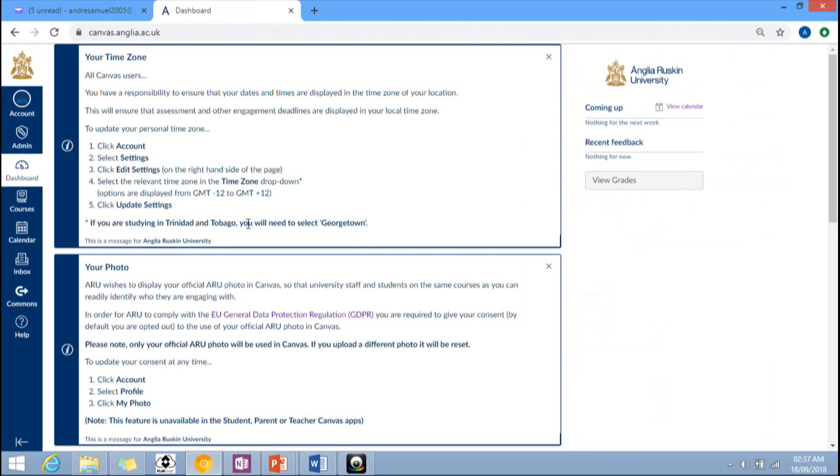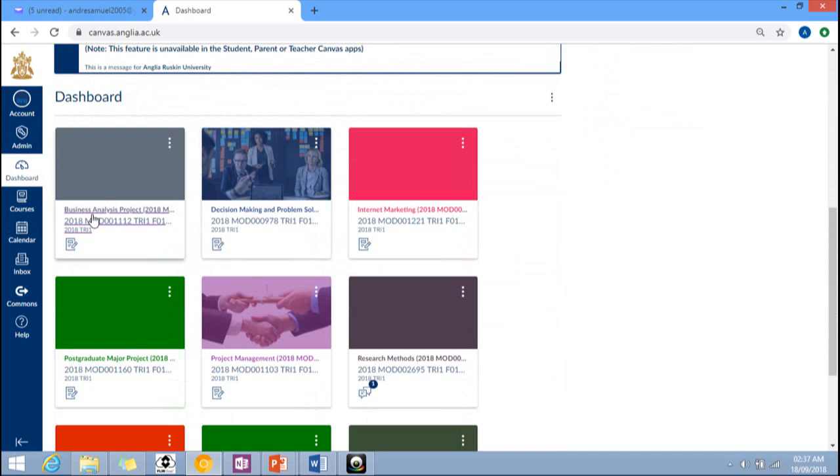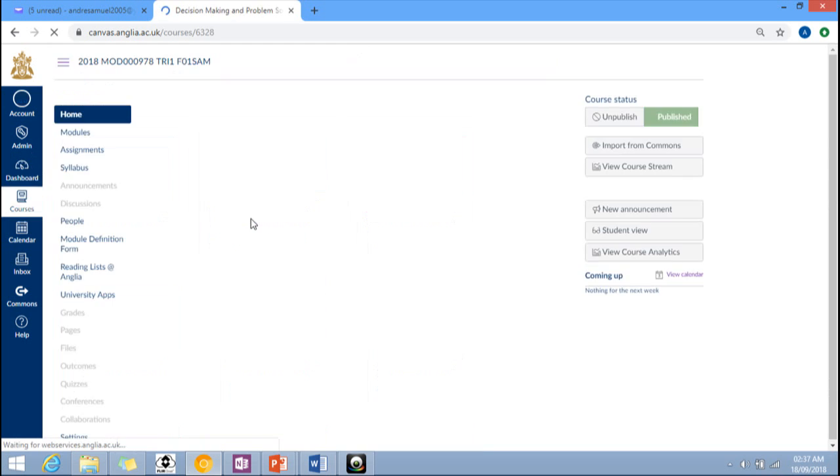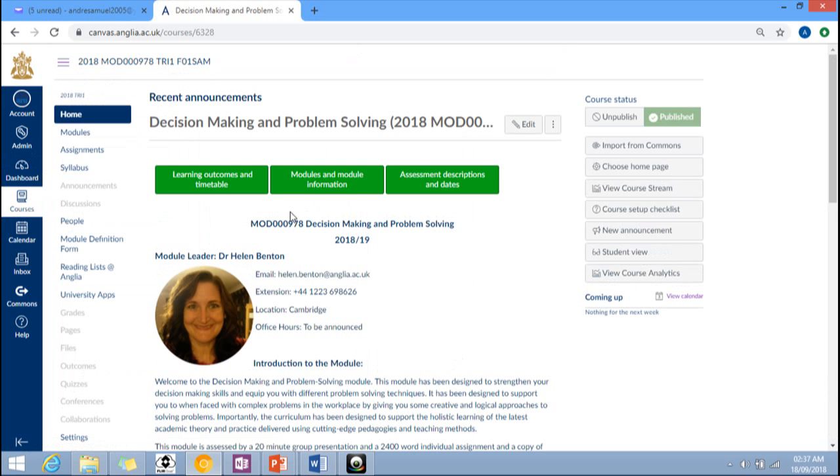So once logged in, you will come to your dashboard on Canvas, and scrolling down you'll be able to see your modules that you have been enrolled for this semester. So I'm going to start with one of the modules I'm enrolled for, decision making and problem solving. By clicking on the module link, the module opens up, and you're going to land on the home page